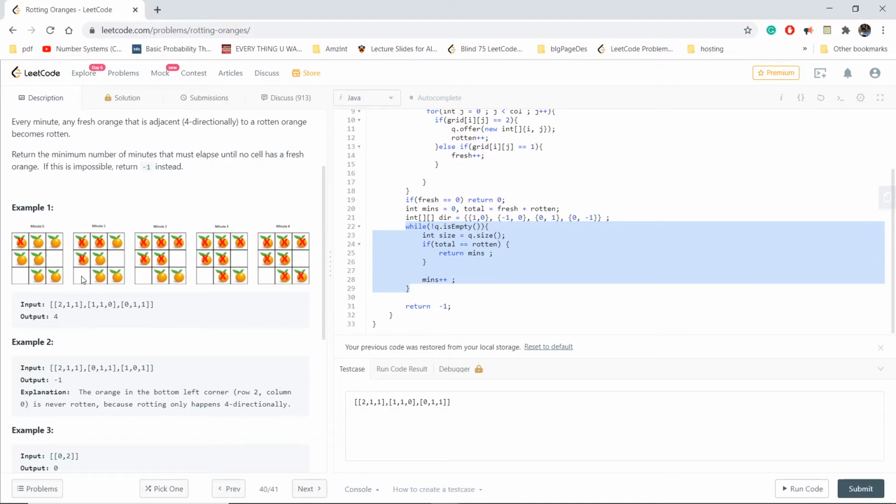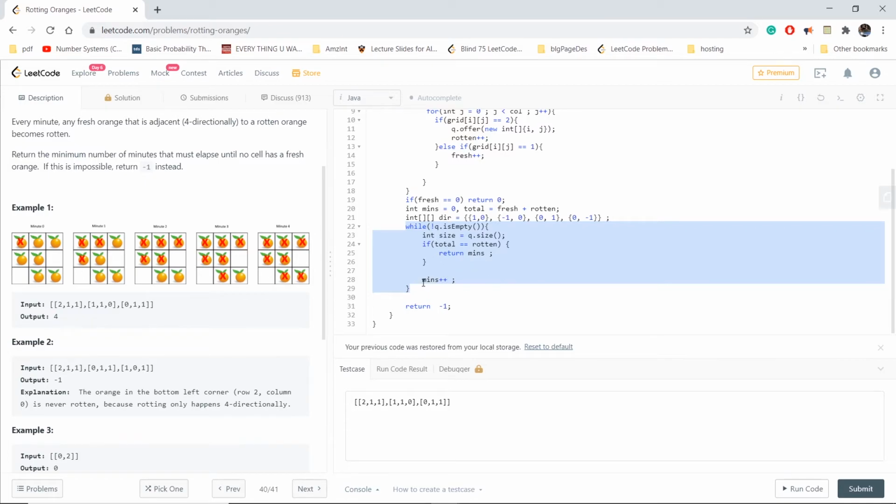So we need to run the iteration till all the 6 fresh oranges are converted to rotten. Initially we have 1 rotten, total is 7, so we need to convert the other 6 fresh oranges to complete this logic.